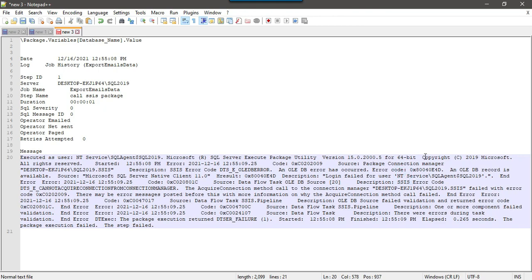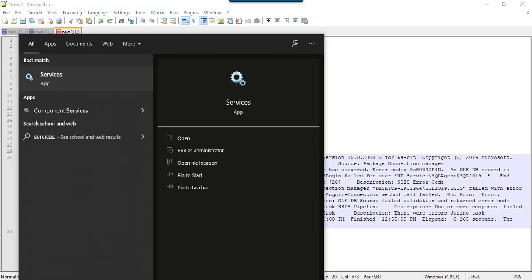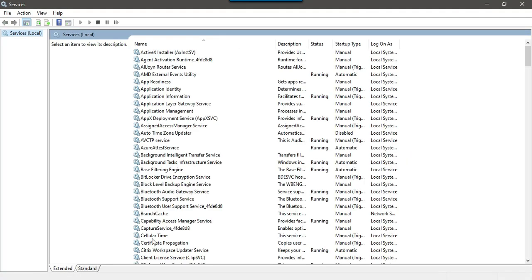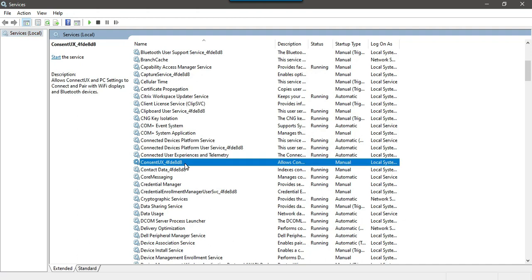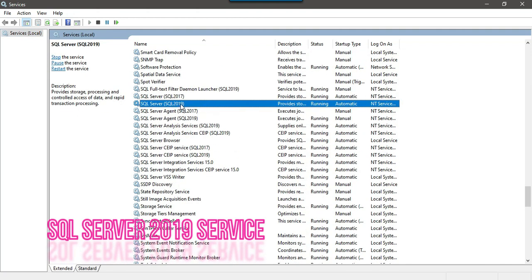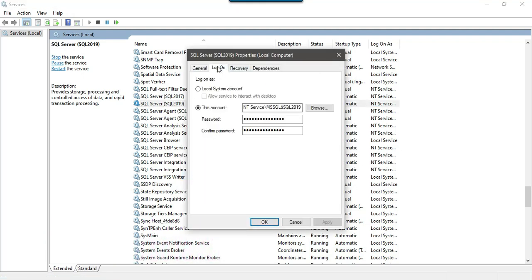Okay, so to fix it, we can open services.msc, and then we can check what users are actually running the SQL Server agent services. So this is my SQL Server agent 2019 service, and if I go to the properties of the service, under log on, this is another account, MS SQL Server 2019.